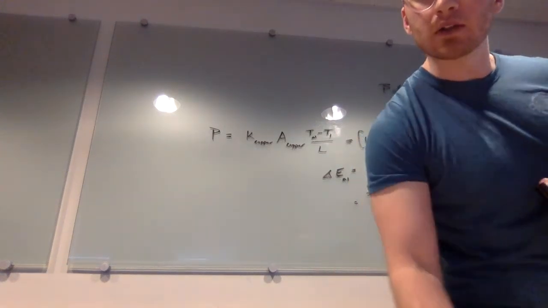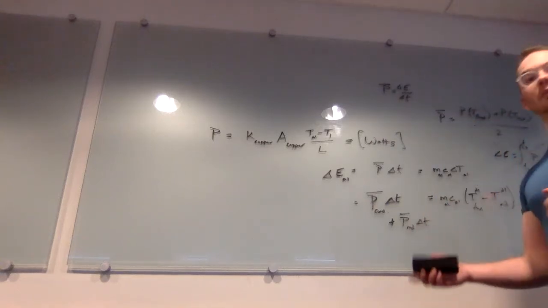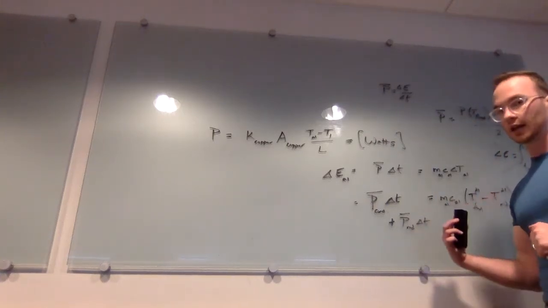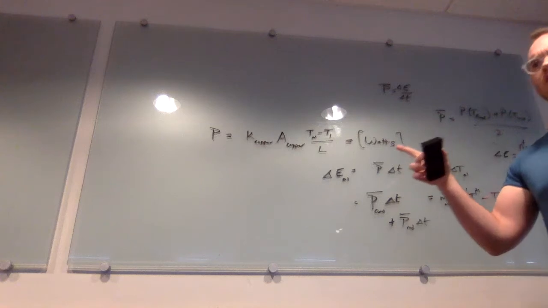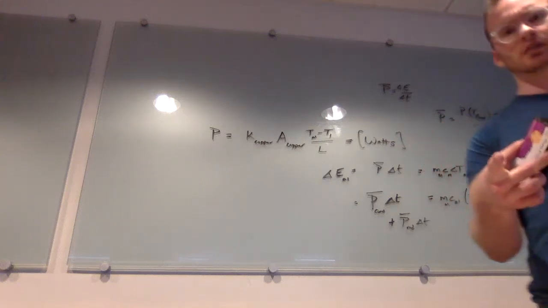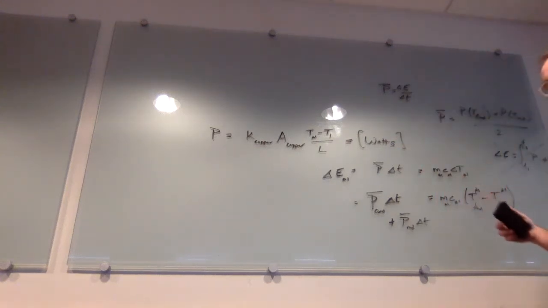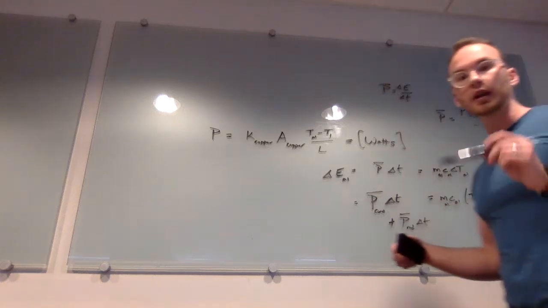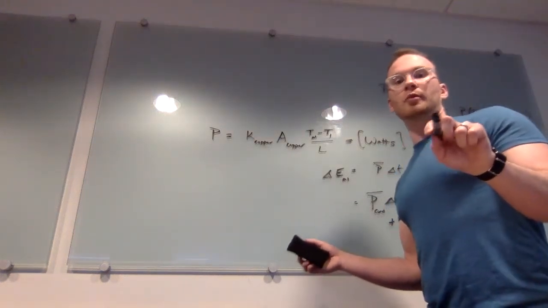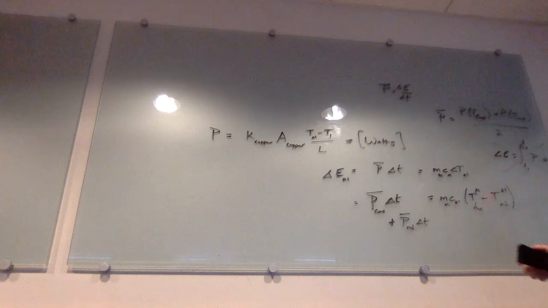he writes in the answer. I'm saying he because I believe it's the last TA. It might have been Christos. Actually, I don't think it is because I don't think it's writing. But anyway, I think it was the last TA that did it, or maybe it was like 10 years ago or something. But using average power and using an iterative loop, when he writes iterative loop, I'm sure he means